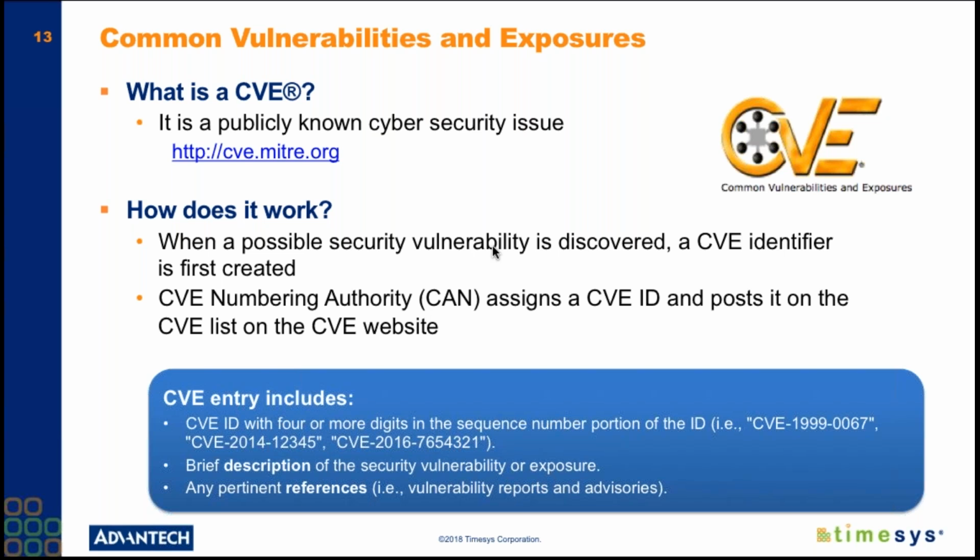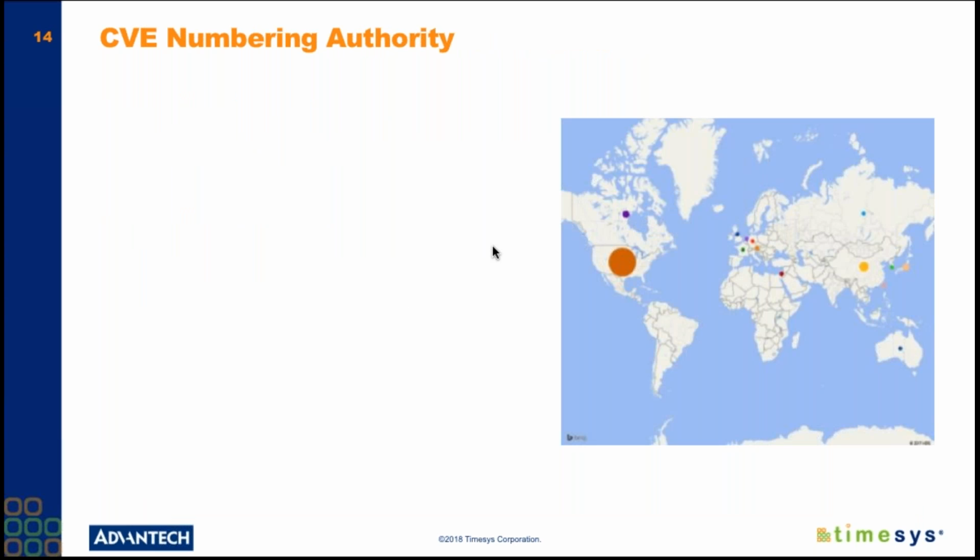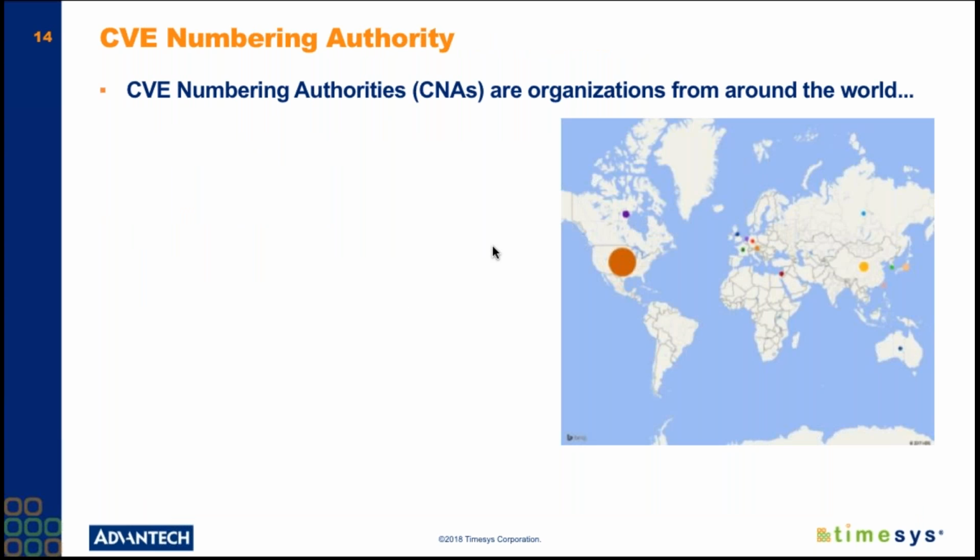There's a brief description of the security vulnerability and exposure, and other references. So a report from other parties can enhance the description for the CVE, and that's where those references come into play. So I think that this is clear what CVE is. In terms of numbering authority,